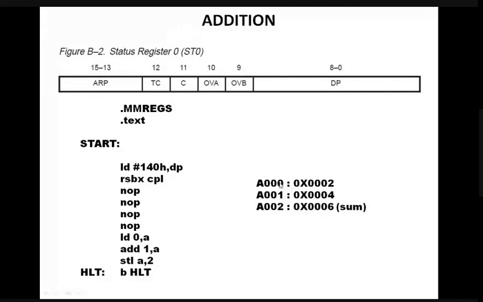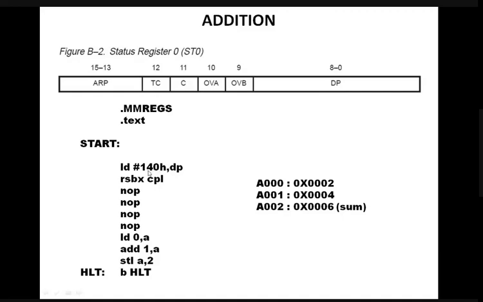Try to understand. If you do not understand, I'm responsible to clarify your doubts. So these 9-bit data pointer bits are the MSB bits, which has 140. This one is only 1 bit. The remaining two are 4 plus 4, 8 bits. This 4 is 4-bit 0100, this 0 is 4-bit 0000. These two become 8 bits, so this will become 9 bits.